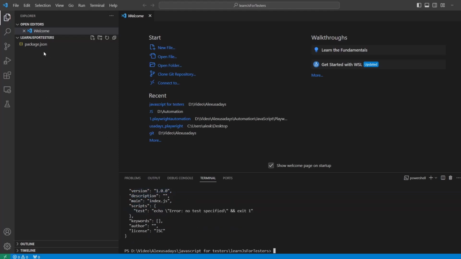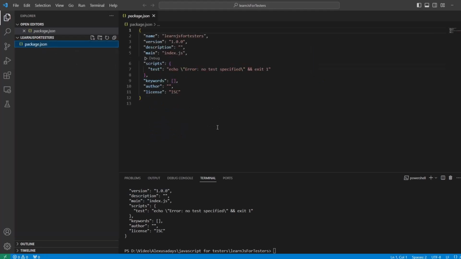If you do it with -y, it just skips everything and goes directly to package, creating package.json, installing everything. Okay, so this is our package.json. That's where everything is going to be managed. Great. Now let's clear the console, type clear,